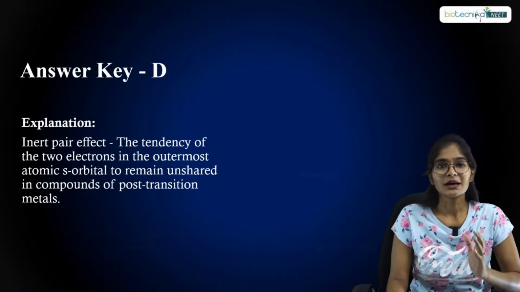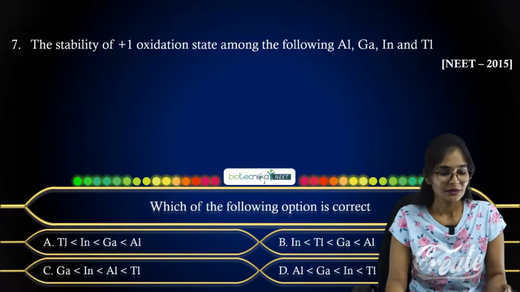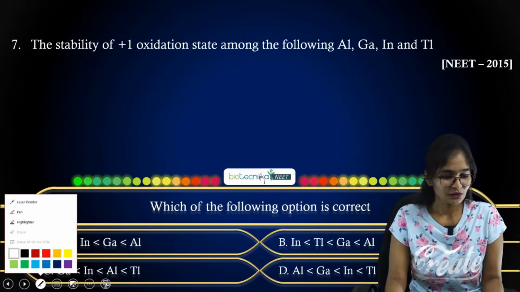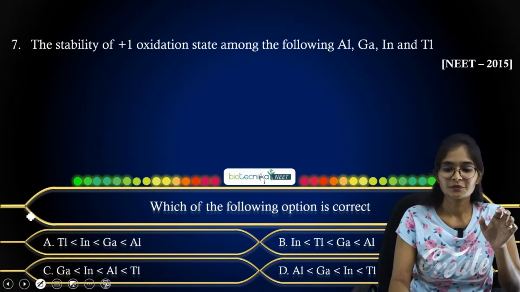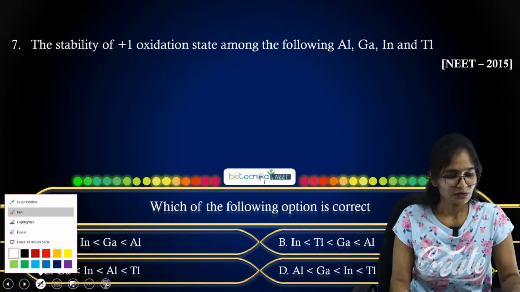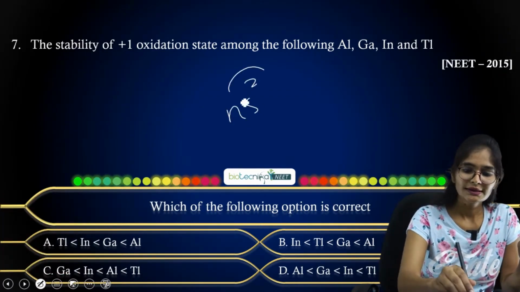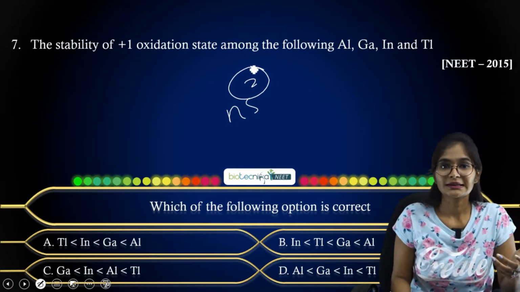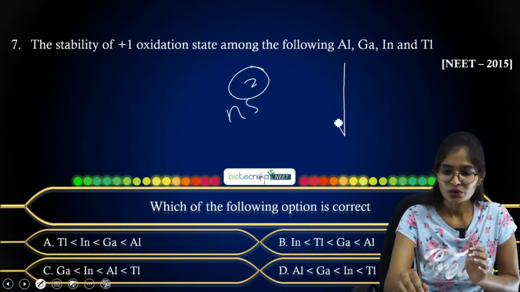Okay, so coming to the answer, it is option D, that is aluminum, gallium, indium and thallium. So with respect to this question, the easy answer you can give is the inert pair effect, right? With respect to the inert pair effect, the ns2 electrons you have are not involved in the bonding, they keep themselves unshared. That's why, whenever you go down the group